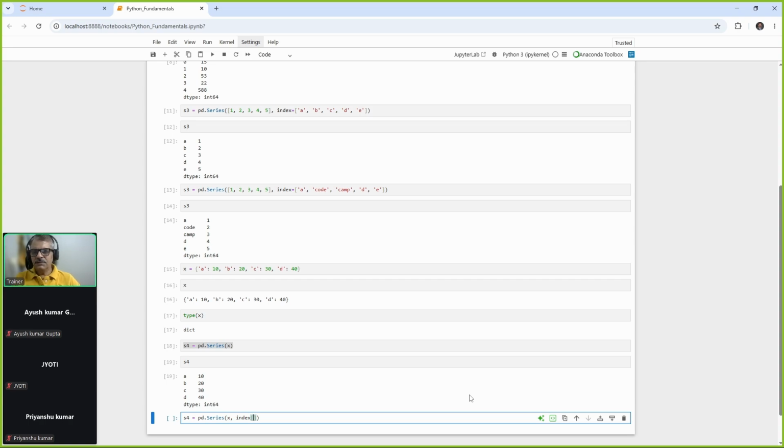Suppose here in this output 40 is the last element, because 40 is the last element in the dictionary. Suppose we want this last element to be first in this series. What you can do is pass the key of that value first in this list, index equals to,